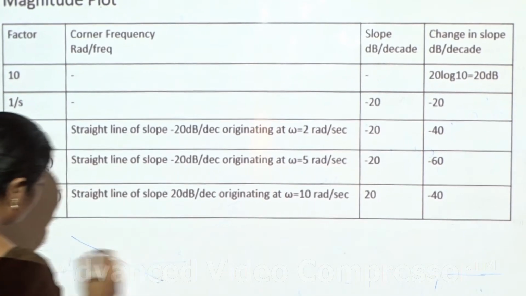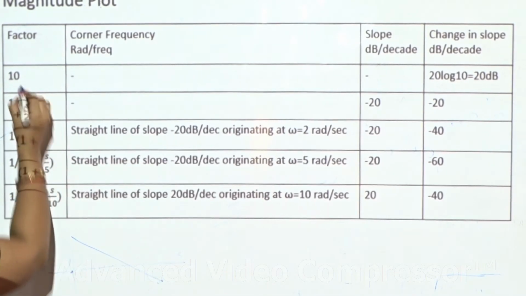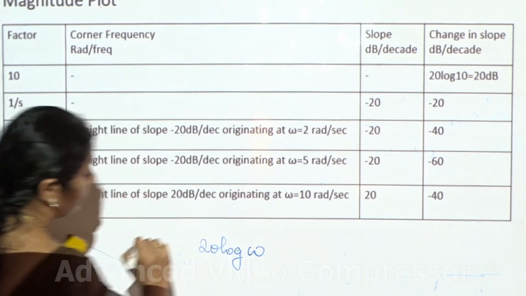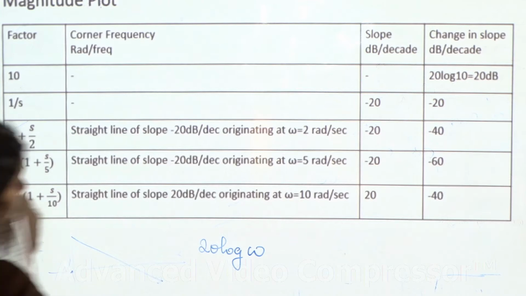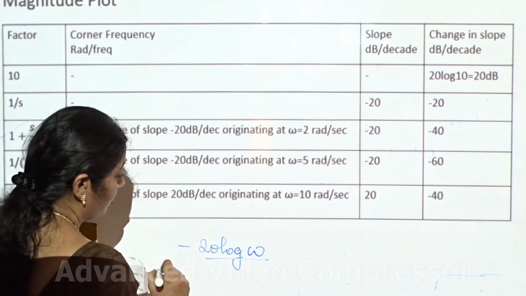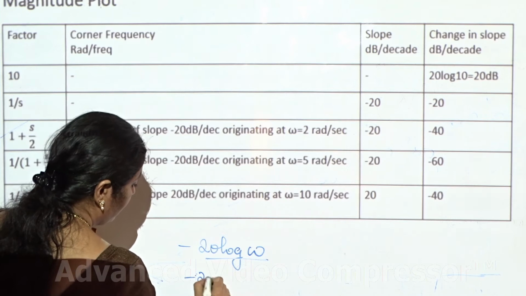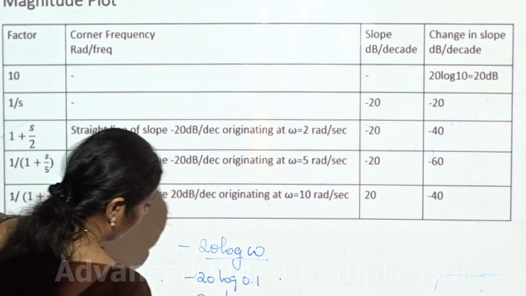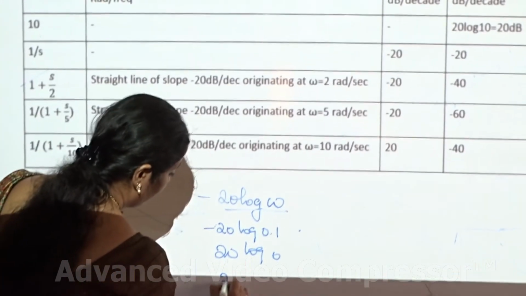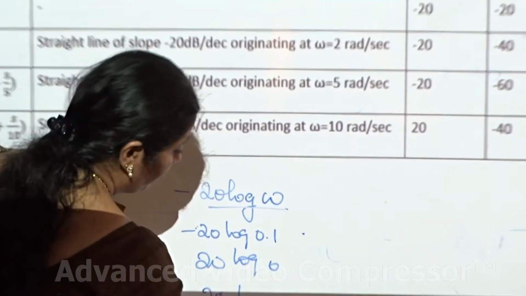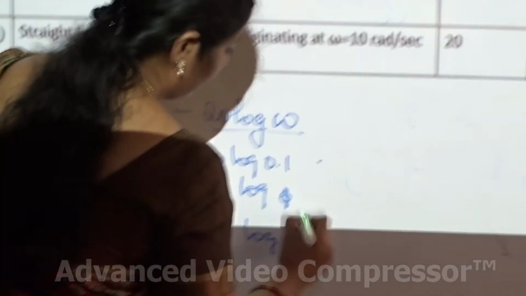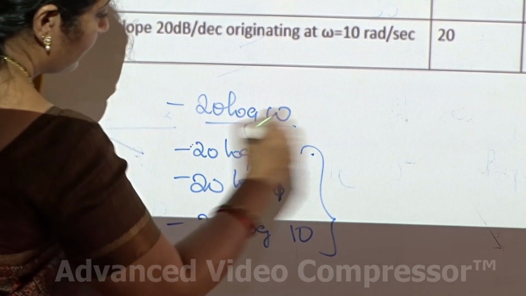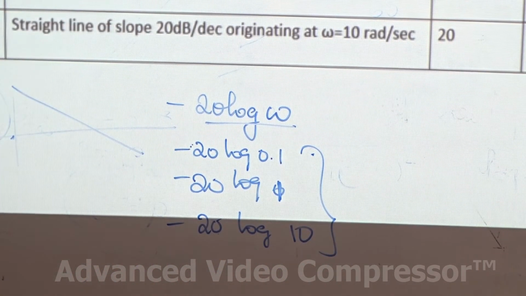What slope means, you have to mark this value. That is, this is going to be 20 log omega. Now at this value, it is minus 20 log omega. For omega, what is the 1? Then at 20 log 0, what is the value? Then at 20 log 1, what is it? This is 1. Then at 10, what is the value? If you just see, you will get these values, and correspondingly you can determine what should be the magnitude.